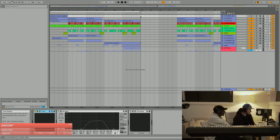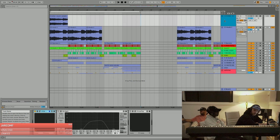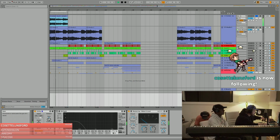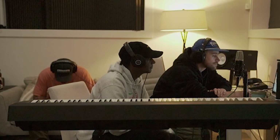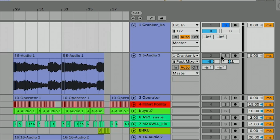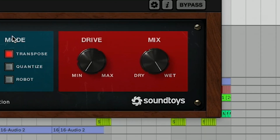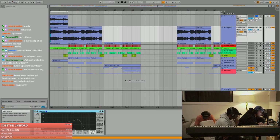The first thing I'm going to bring up about how we made this beat is a process of resampling. I think I pitched it up. Yeah, that's up 6 with Complex Pro, with the Formants doing some stuff, getting them sounding cool. I went into Little AlterBoy by Soundtoys. I set the input on track 2 to track 1, and then I recorded multiple times with the Formants at different, totally random numbers. I found this little bit,